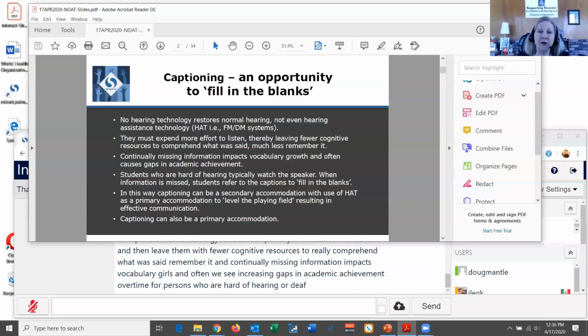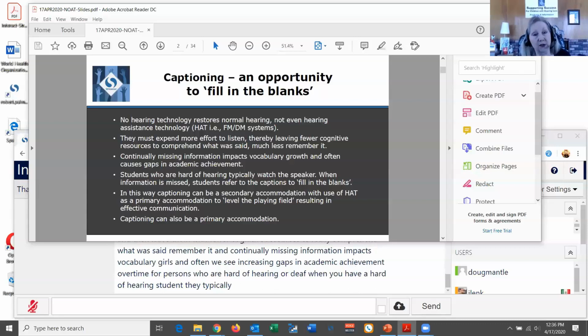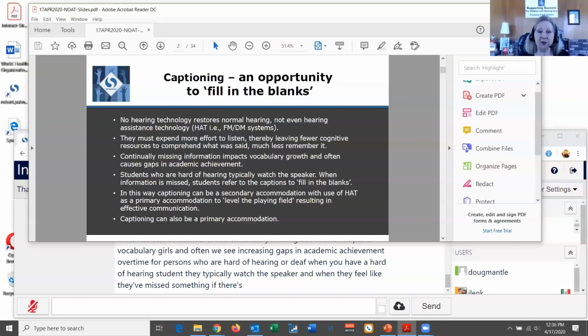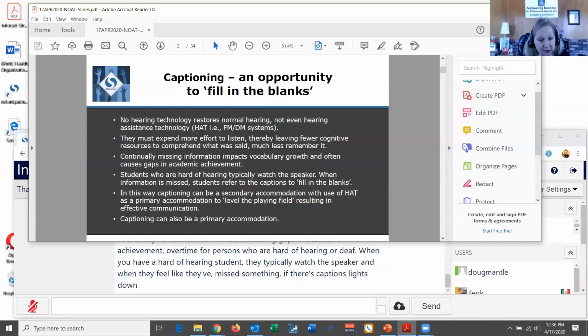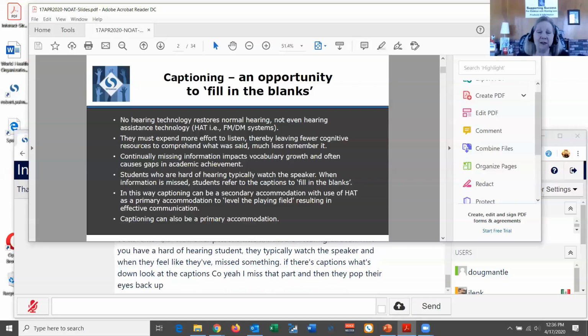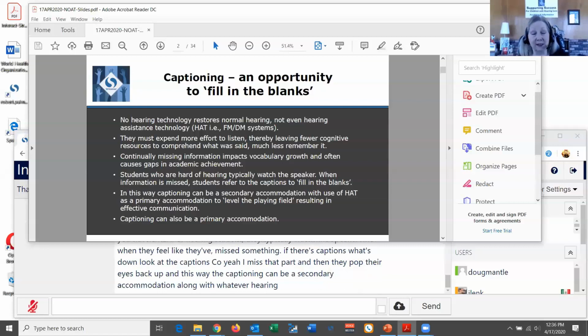When you have a hard of hearing student, they typically watch the speaker. And when they feel like they've missed something, if there's captions, they glance down, look at the captions, see, oh yeah, I missed that part, and then they pop their eyes back up. In this way, the captioning can be a secondary accommodation, along with whatever hearing assistance technology is being used by that person.